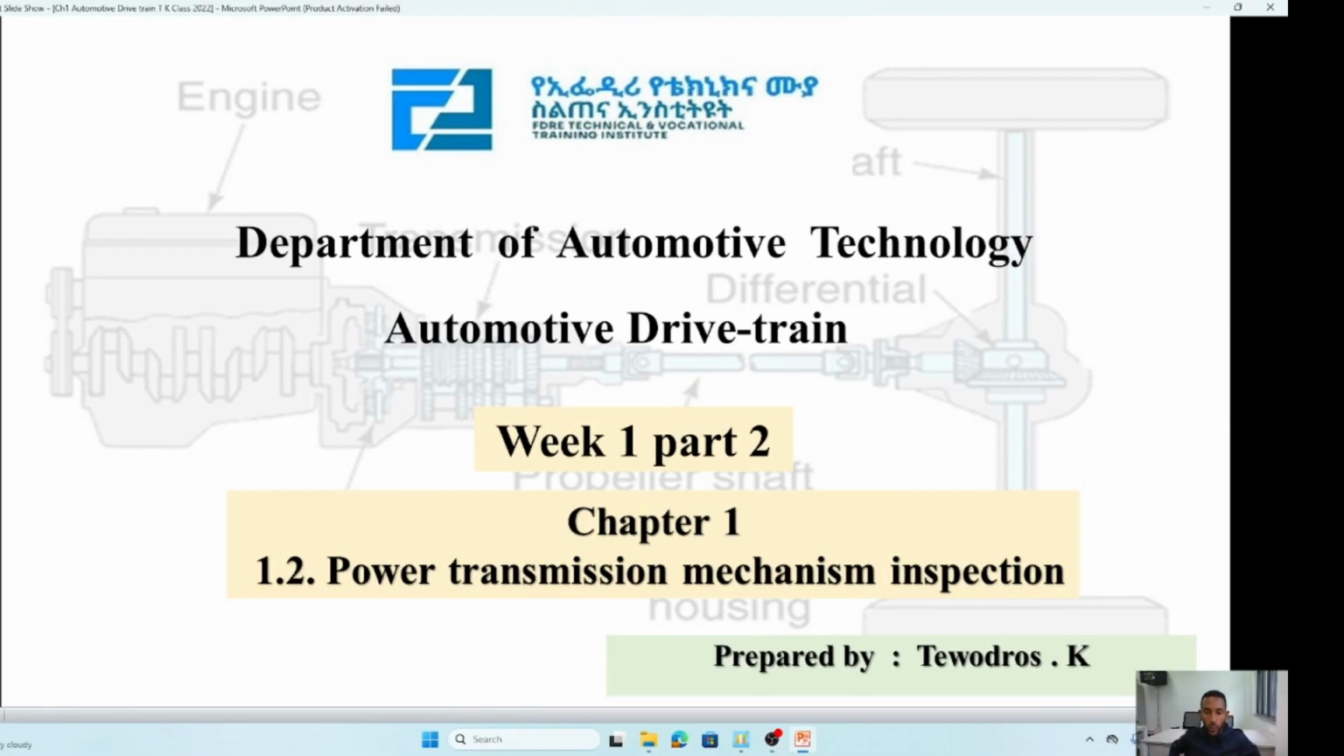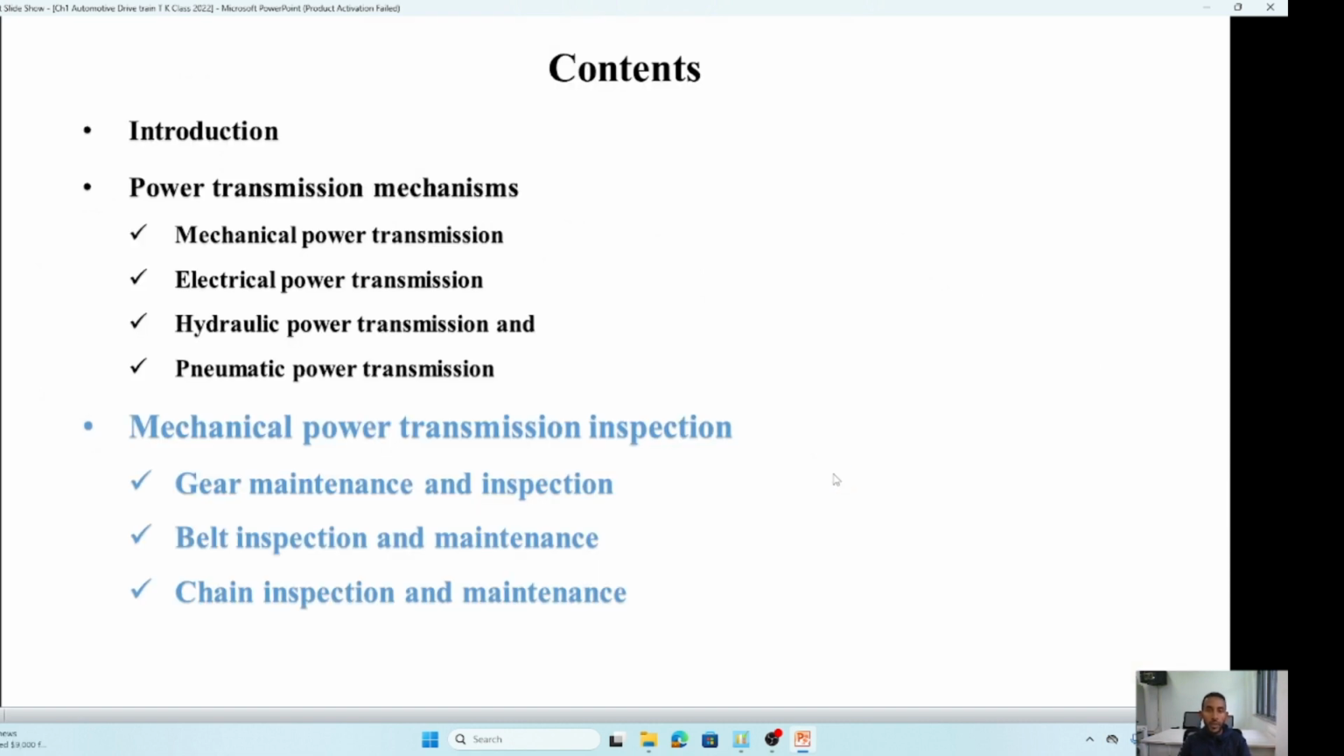Today we'll try to see the week 1 part of the video, and this video will be focused on power transmission mechanism inspection. If you remember, last time in the first video, we saw the introductory part for drivetrain and powertrain systems, and we'll try to see power transmission mechanisms, which means the application area of specifically mechanical power transmission, the gear, chain, and belt methods, and what the advantages and disadvantages of these methods are. Also, we will try to correlate mechanical, electrical,